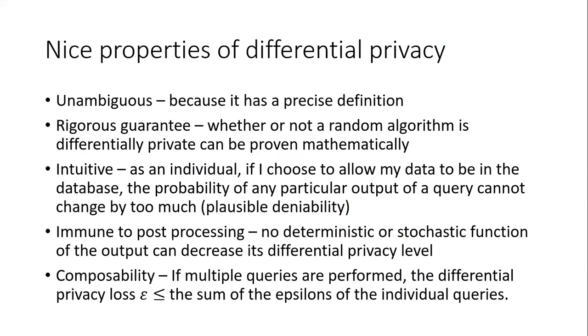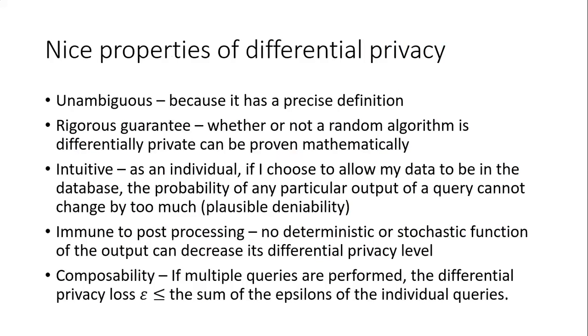The other two very important properties of differential privacy: one is it's immune to post-processing. If somebody does a query and it's epsilon differentially private, and then they give you that output, there's nothing that you can do to it that makes it less differentially private, no matter what auxiliary information you have, just based off of the definition of differential privacy. There's no function you can apply or way you can change it to make it less than epsilon differentially private. And so that's really good for synthetic databases, right?